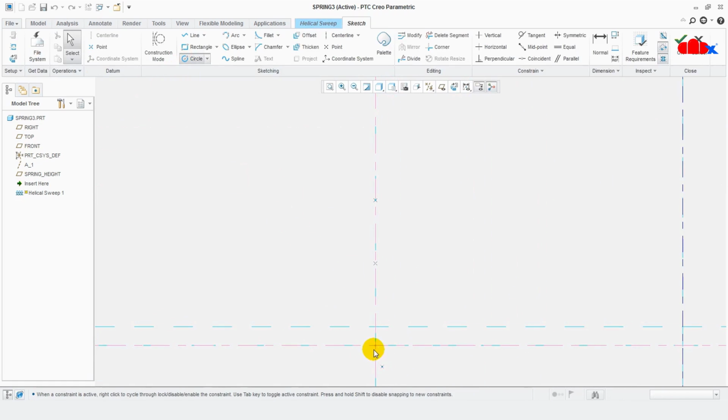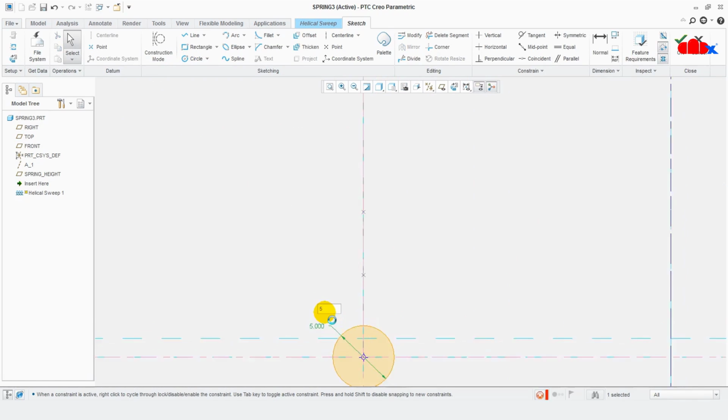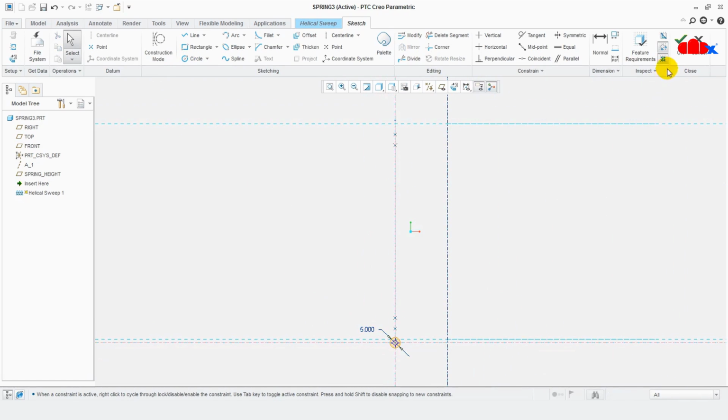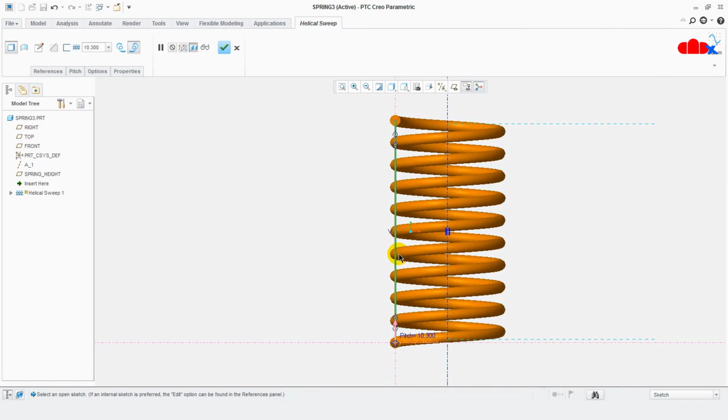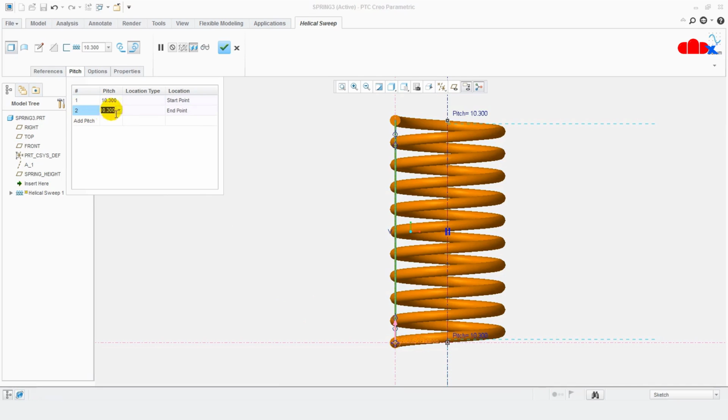Here I will be assigning the wire dia, which is 5. I'll just make it 5. I'll say OK. Now you can see that it is constant here, because we haven't applied the pitch. Now I will apply the pitch in all the points. Now again, there will be a start point and an end point. This is the start point and end point, and then there are 4 different points which we have already assigned